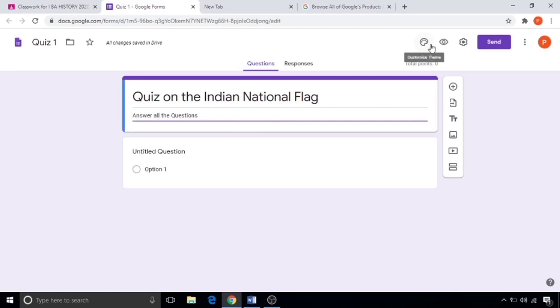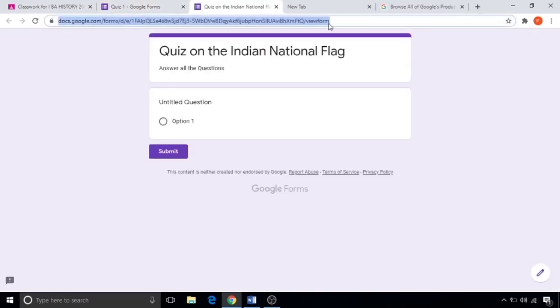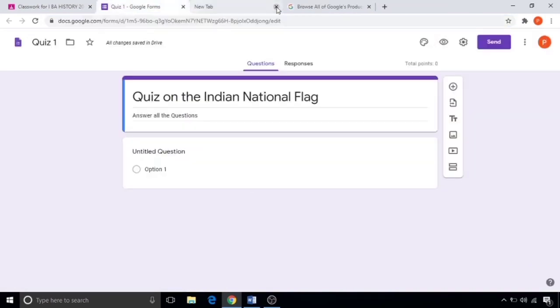Before going to type questions, let me quickly explain the settings as well as the control panel listed here. In the above small icon that looks like an eyeball, you can see a preview before posting the quiz form. See above, that's the live link to your form. Let's come back to the main page.